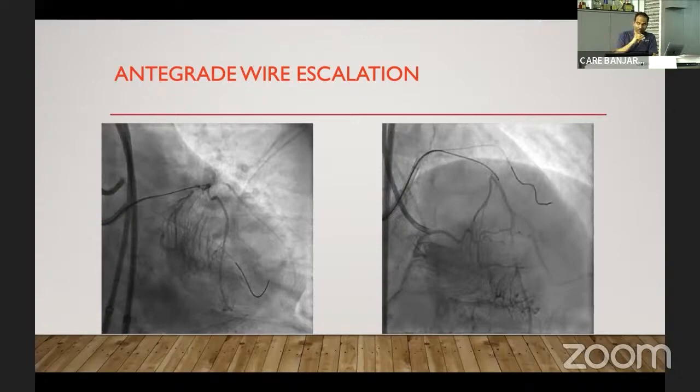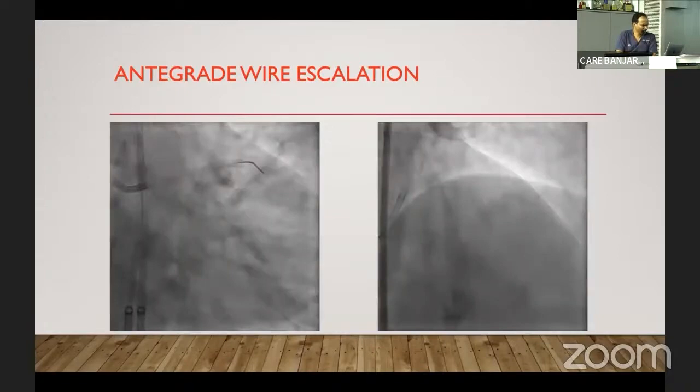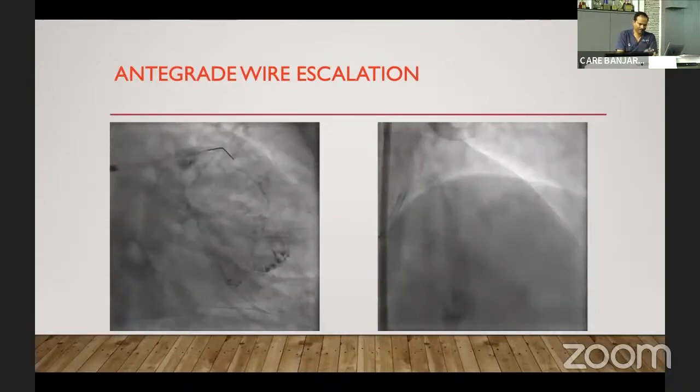But that quick push shouldn't be too hard a push, because if you are in a subintimal plane, that push is enough to create a huge space, and your next efforts become futile. So once you have confirmed where the wire is, from there onwards, it's only a simple